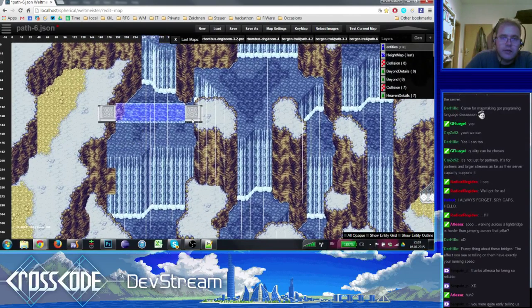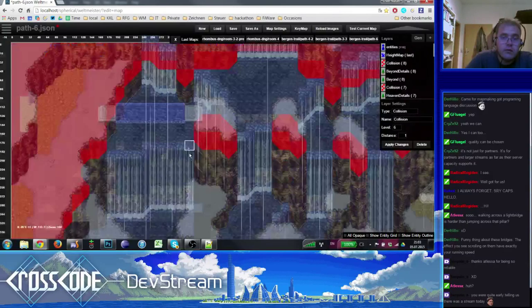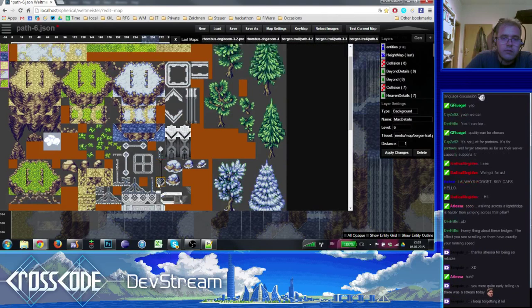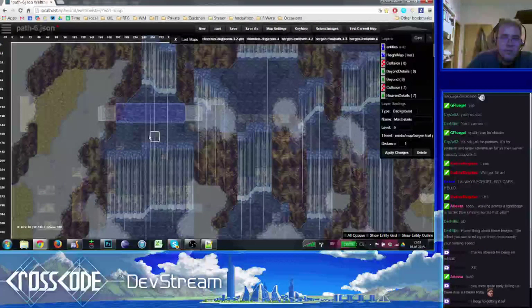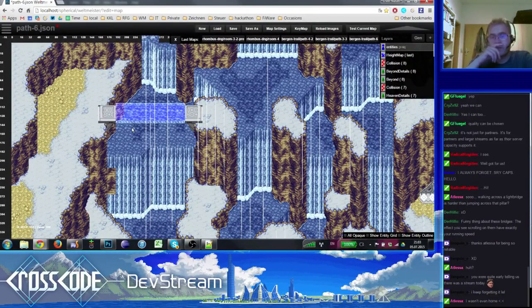Look, walking across the light bridge is harder than jumping across. Well, the bridge won't be there all the time. Yeah, you didn't mention that. That's something that will come next. So the idea is that up to this point, bridges have all been there constantly, but this one actually won't be. It will not be available unless you hit a certain switch, and then it will appear for a certain amount of time. That's the whole idea.